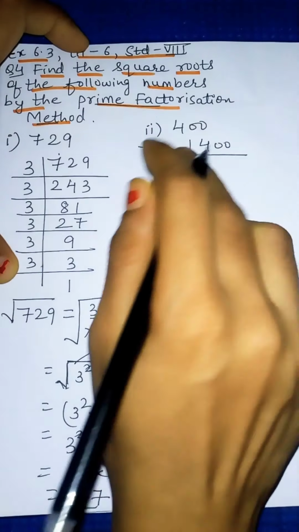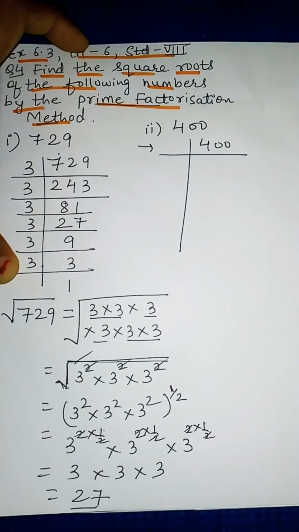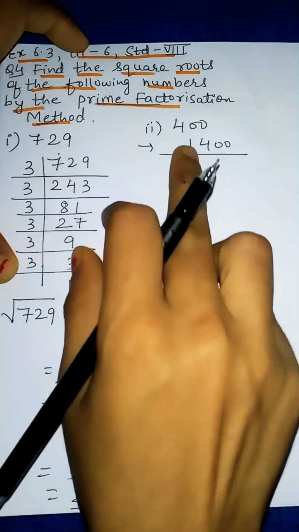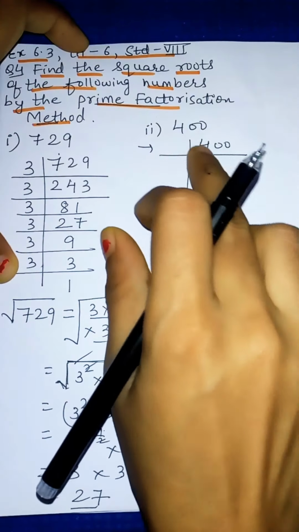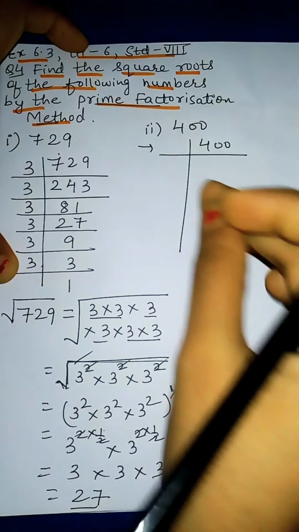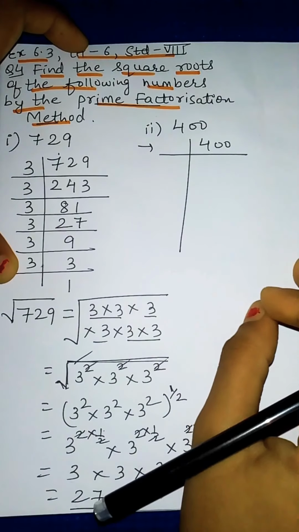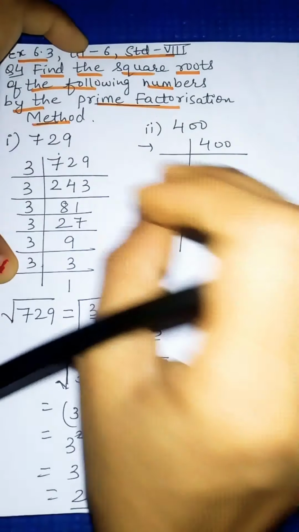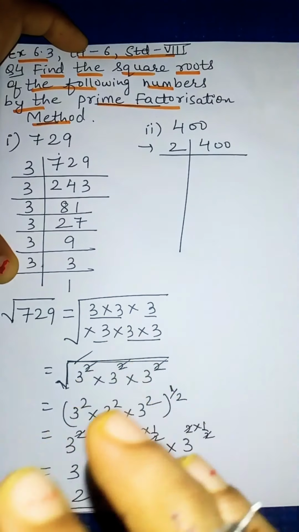So again we will start with 2. 2 is also a prime number. We have to compulsorily take only prime numbers, not any number. You might think that 10 and 4, or 10 and 40, or 100 and 4 gives 400 easily and the steps will be fewer, but you can't take 10 and 4 because they are not prime. You can take only prime numbers. So we have to start with 2.